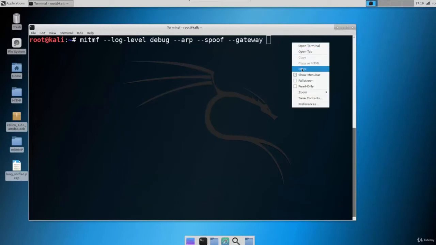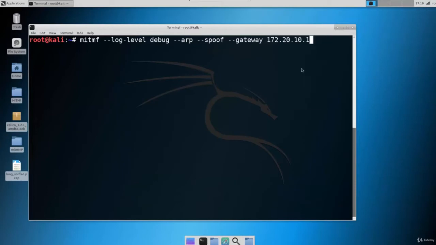and let's just paste it over here, and then we have to give the target IP, right, with -s, and then we have to type the IP, which is 172.20.10.2, right? This is basically the IP of my victim on my victim network.